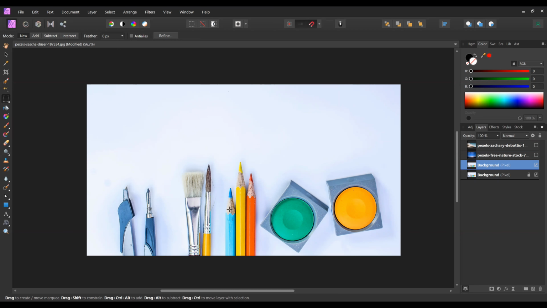I'll show you. For example, let's select this area of this yellow pencil. I'll click here and you will see these marching ants. These display our area of selection. When I leave it, this shows that this particular area has been selected. Now, this was all about the rectangular marquee tool.